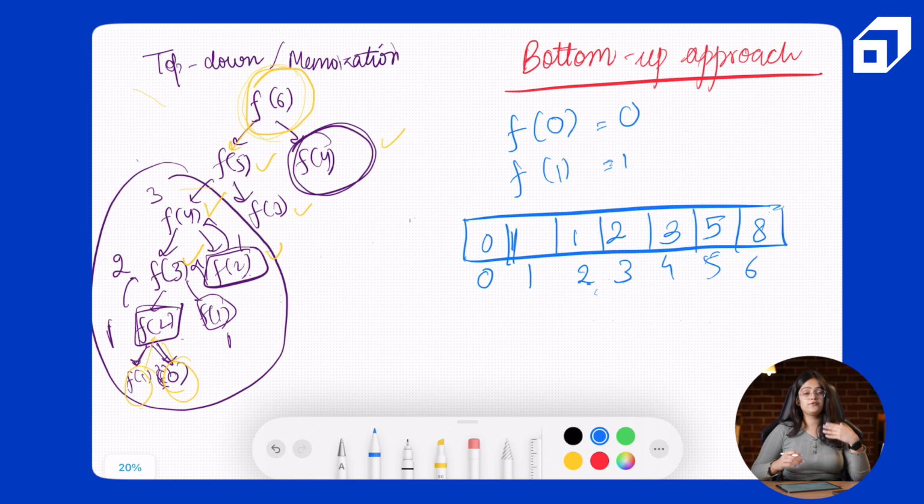So instead of first starting to calculate the answer of the main problem and then going down to find the answers of subproblems on the way, it starts with the subproblems, calculates these answers, and then at the end the main problem is solved using the answers of those subproblems. So the bottom-up approach is also called the table filling or the tabulation approach, and we'll write the code for